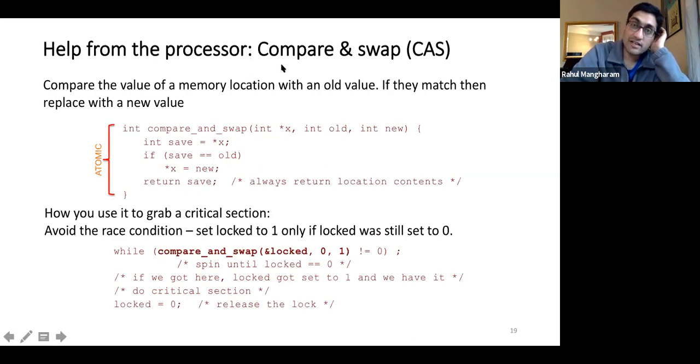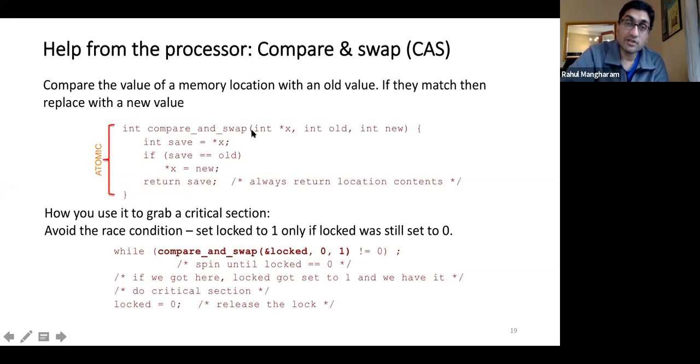So another example is compare and swap, right? So here we compare the value of a memory location with an old value. If they match, then we replace it with the new value. So let's break this down, right? Again, this compare and swap, CAS, is also a single assembly instruction. I'm just showing you what it would be like if we implement it in C code. It's not implemented in C code in reality. It's just implemented in hardware as a single assembly instruction. So that is what is missing from being written explicitly in these slides, but that's the commentary that you need,